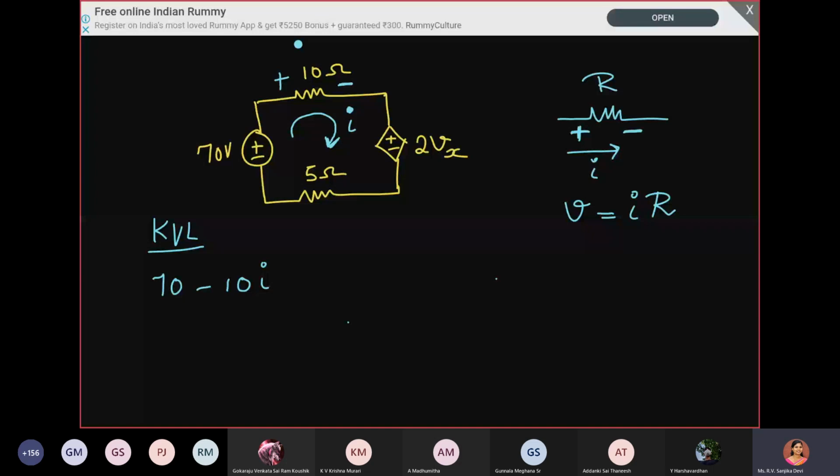And for the fourth element, we are having a resistive element. There will definitely be a voltage drop when we pass through this particular element. The point where we are entering will be positive and the other point will be negative, because always in a resistor, when we go along the direction of the current, there will be a